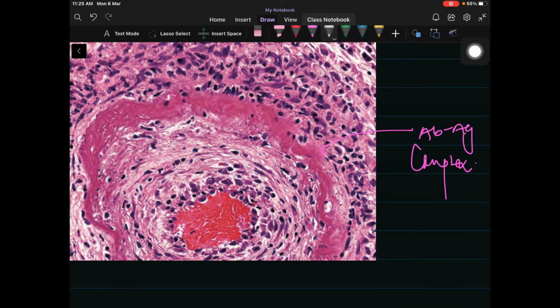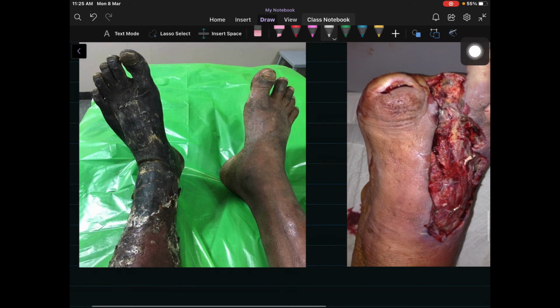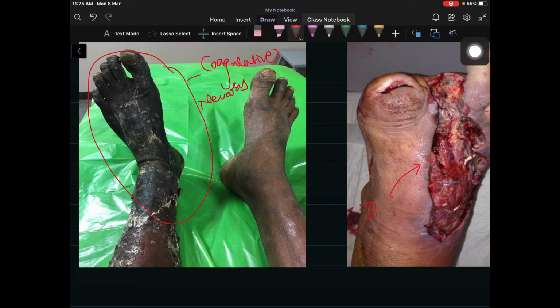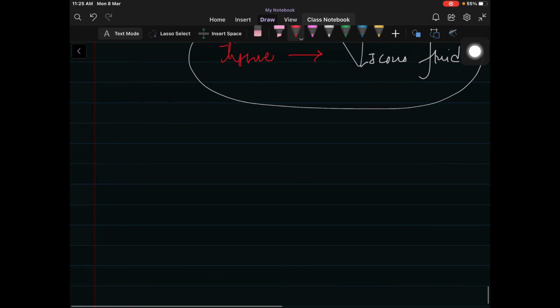Let's check out the image. In the first image we can see the coagulative necrosis. This is due to the blood supply having been lost in the lower limb. And in the second picture we can see the bacterial infection which has overlapped, a type of gangrene due to liquefactive necrosis. Now let's move on to the last type of necrosis,